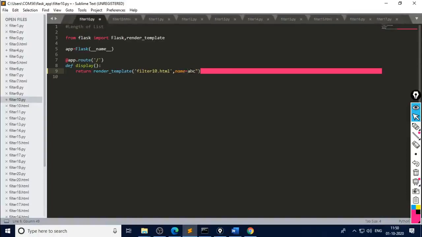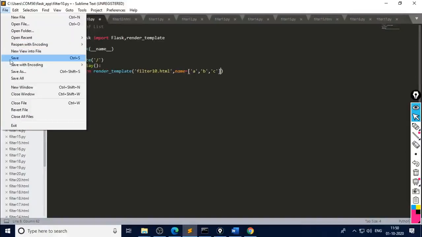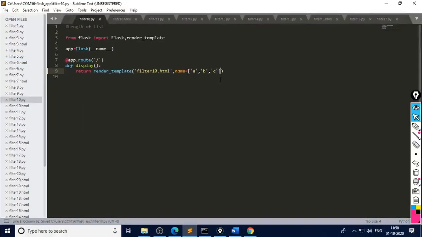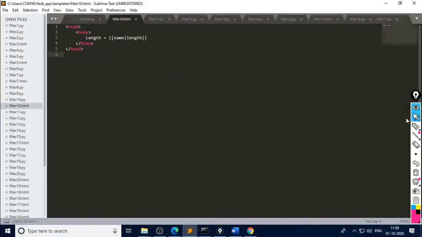Here we can assign A, B, comma C. 3 characters are there and it consists of a list. A list parameter is passed to the script. So A, B, C are the content of the list which is stored in the variable name. And what is the corresponding HTML file? Here we again used the length filter. We want to calculate the length of the list. So execute this one.